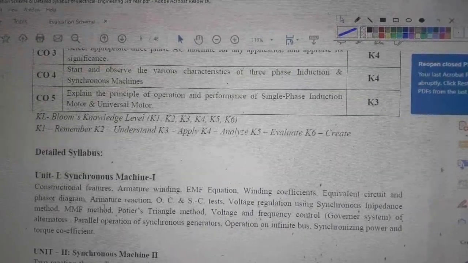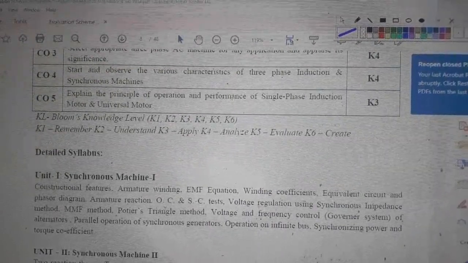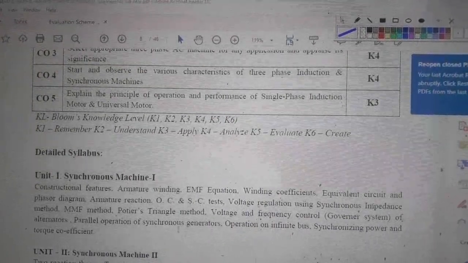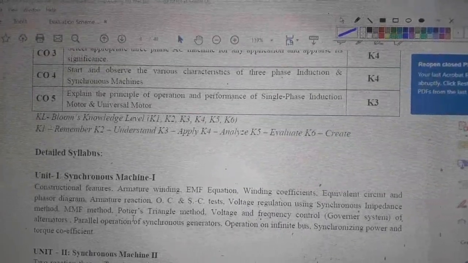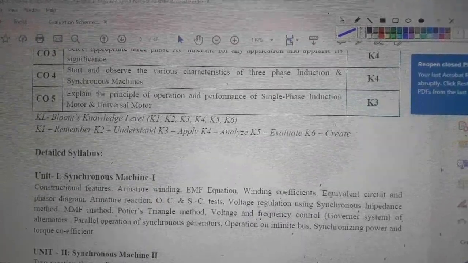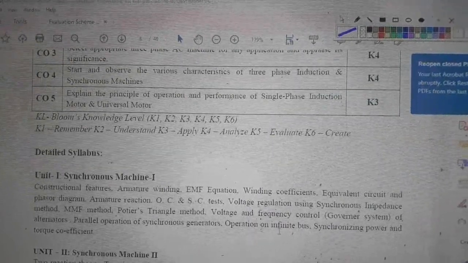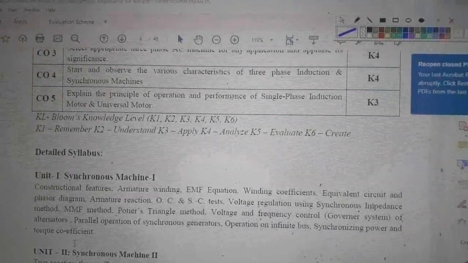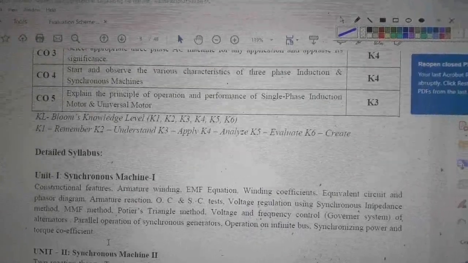and phasor diagram, armature reaction, open circuit and short circuit test, voltage regulation using synchronous impedance, MMF method, Potier triangle method, voltage and frequency control of the alternator, parallel operation of synchronous generators, operation on an infinite bus, synchronizing power and torque coefficient. In Unit 1, we basically study the